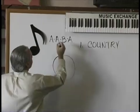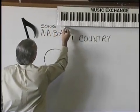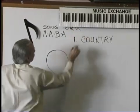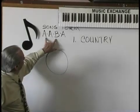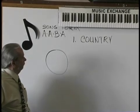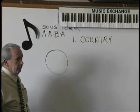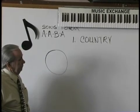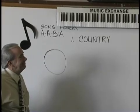Now, when you're an ear player, this is a good thing to know. Because of 32 bars, you really only have to learn an A section and a B section. 8 bars of A, and 8 bars of B. So out of 32 measures, you only need to learn 16. Cool, huh? You should see your faces. Huh? It repeats. Listen, if I play Your Cheating Heart,